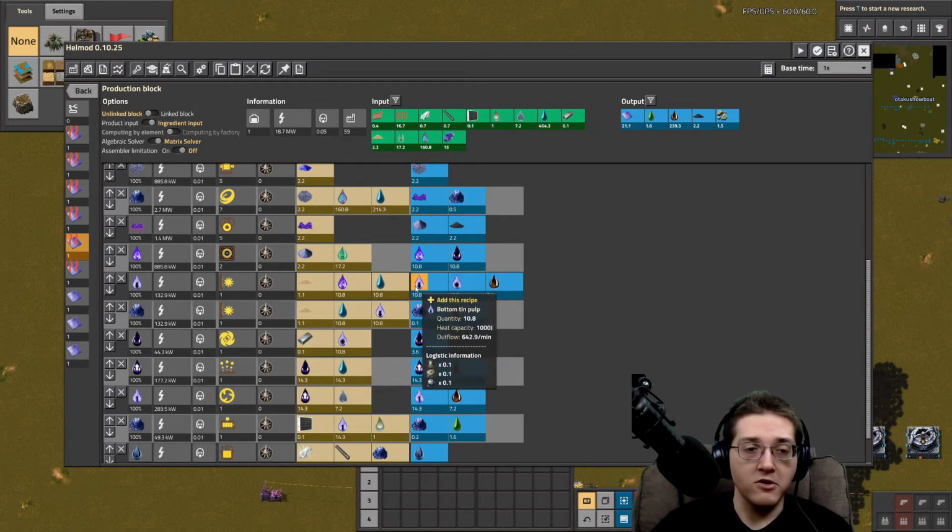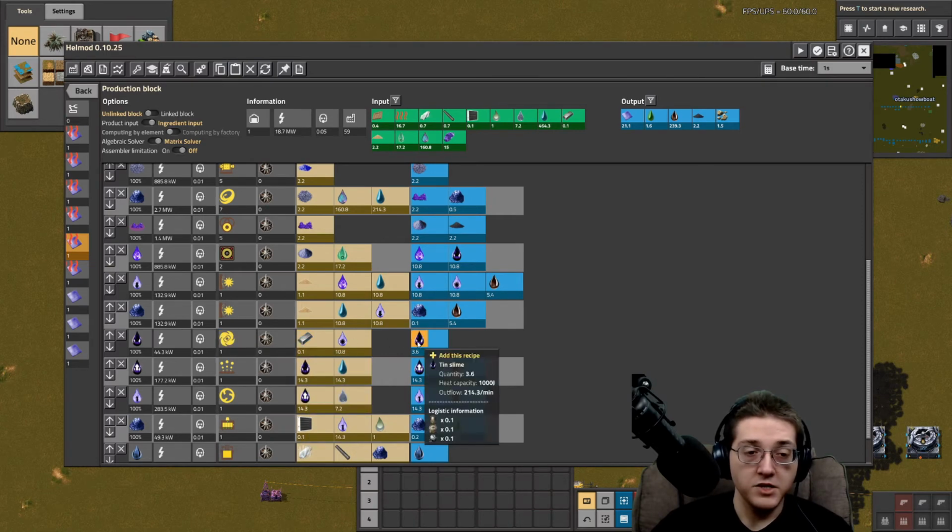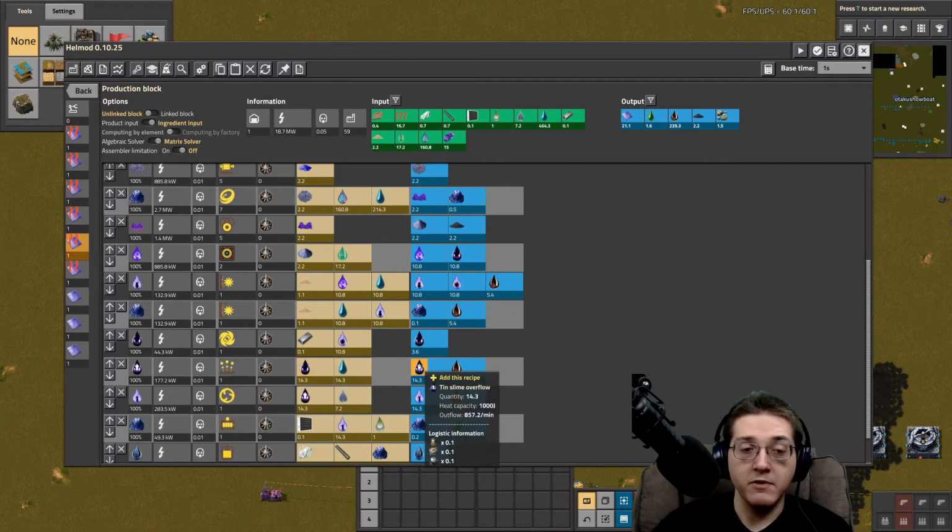The bottom pulp can then get scrubbed with additional sand into tin concentrate. So there's the end of that line. The middle tin pulp, we then have to add chromium in a hydrocyclone to convert that into more tin slime. All of the tin slime will then be thrown into a thickener with water to thicken into tin slime overflow,